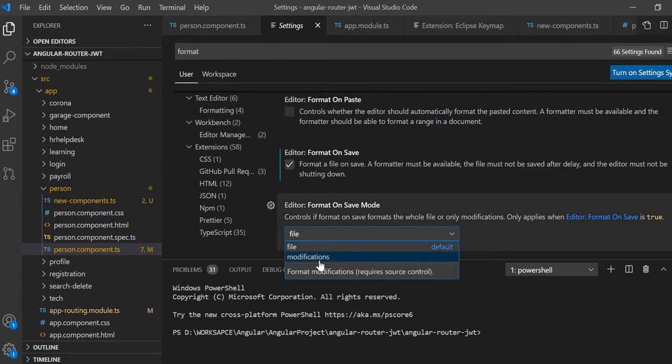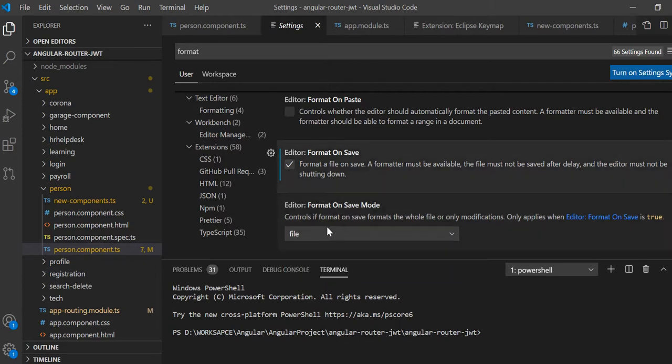Suppose you are maintaining code, right? When you are committing code, you don't want to change the whole file. You can format only the particular section of the modified file. For a new file it's fine, but for a modified file, whatever change you are doing, you want to make it readable, so you can choose modified.